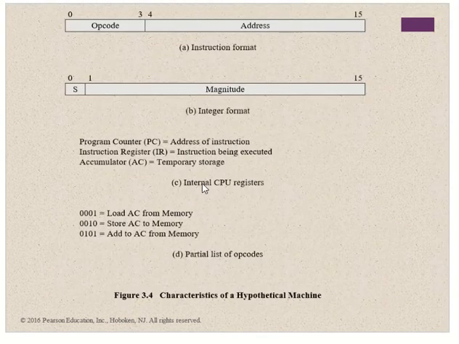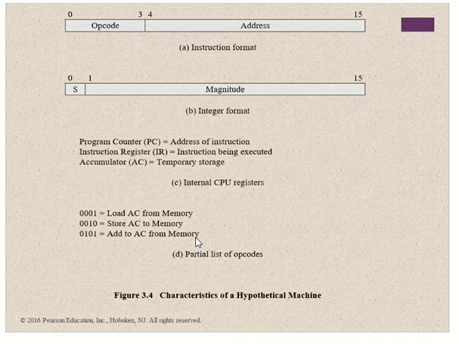Okay, now we will continue with the characteristics of a hypothetical machine, for example the instruction format. We don't go in depth for the instruction format, but anyway, even in the assembly language practical, we always noticed that the opcode will take the initial bits.